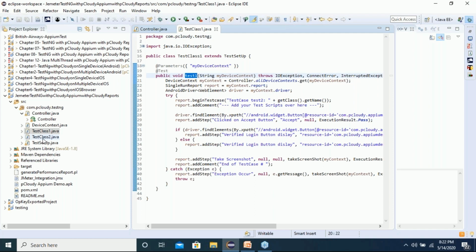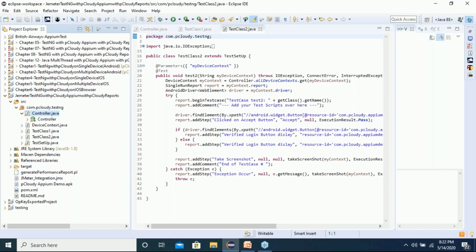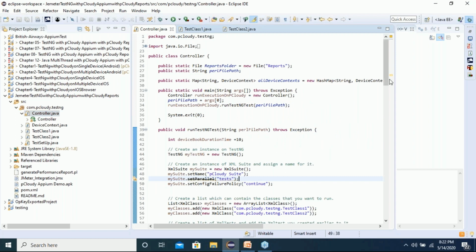This is another class where I created one more test, doing certain other functionality of my application. These are the two test cases which I will be running using this project. Now let me go to controller.java and tell you what exactly we have in this code.